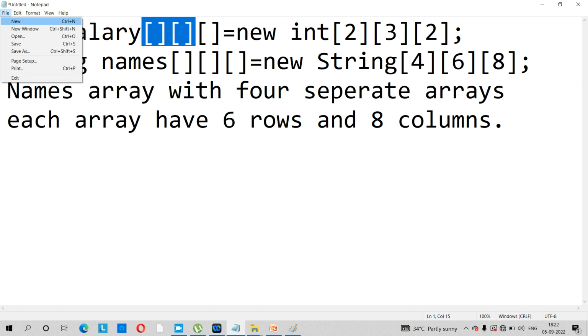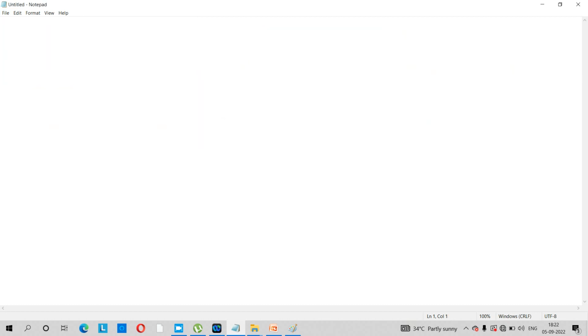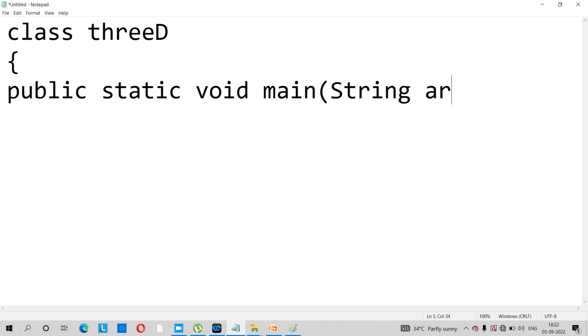Declare an array with three separate arrays, and each array has three rows and four columns. So for that, I want the array as numbers array, three dimensions. You may declare, and after that you may initialize. This is the declaration, or you may declare and initialize in a single step: int of three arrays, and each